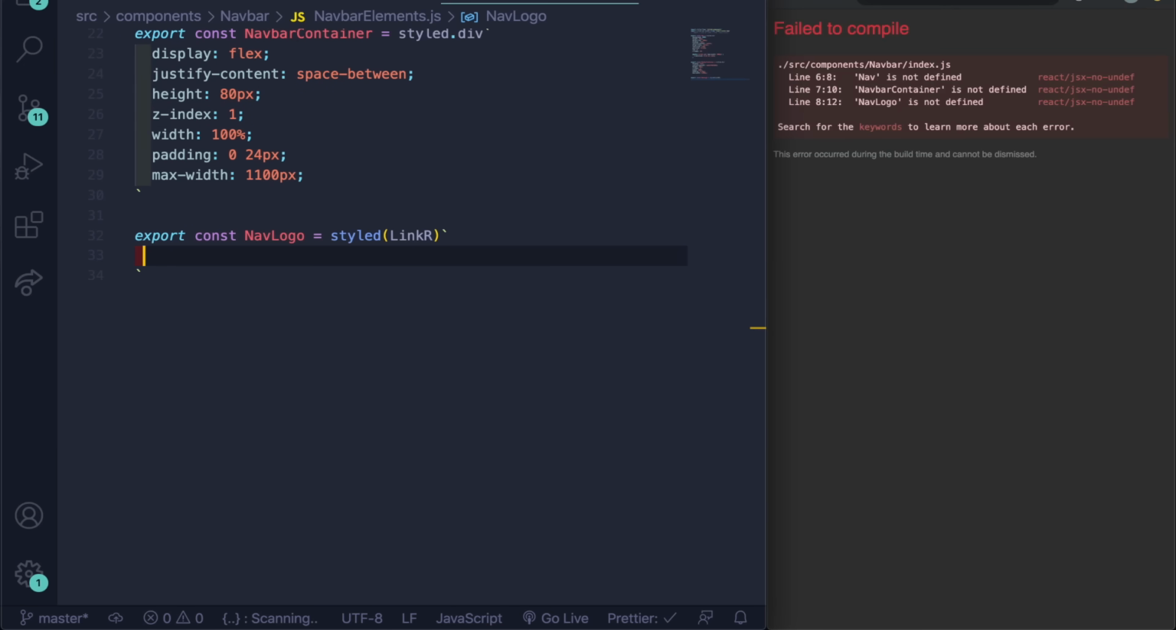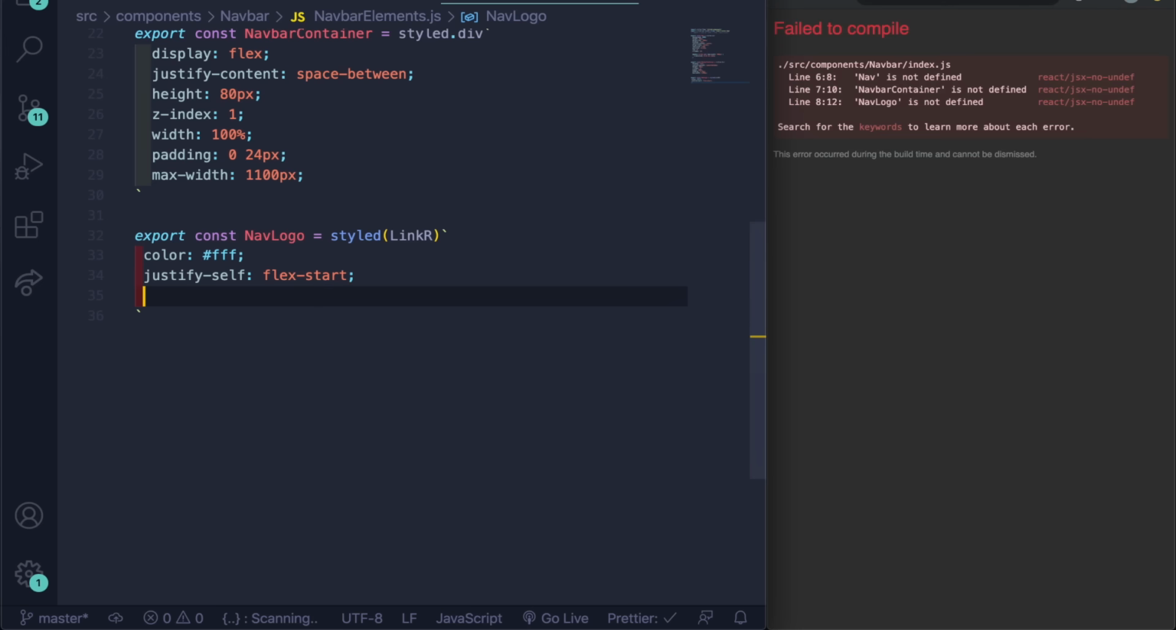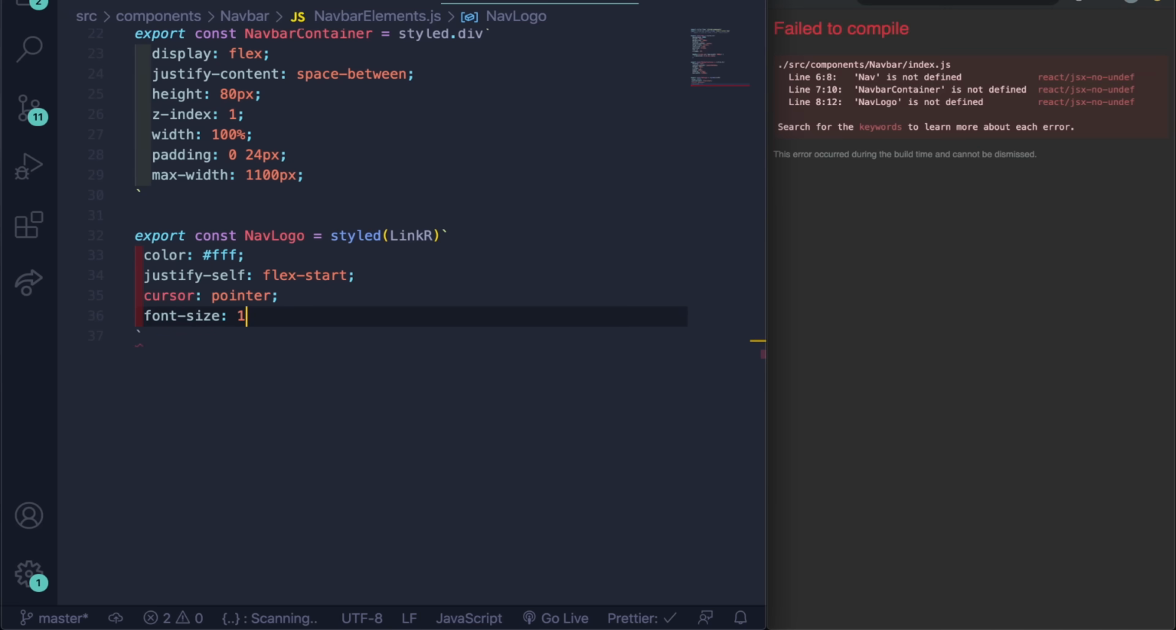Let's go ahead and just say color hashtag FFF. And then also let's say justify-self: flex-start, and then let's do cursor: pointer. So I want the little mouse to show. Let's do font-size 1.5rem,